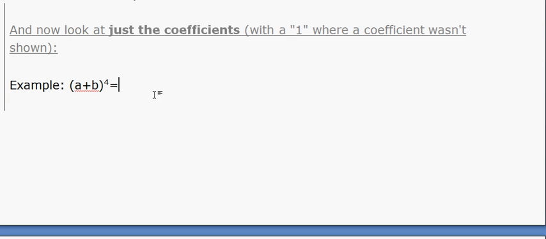Let me erase this. Okay, if (a plus b) power is 4, then how do we do this? Simply write a, its power, the highest power, is 4 here, so we simply write the power 4. Okay, now coming to the power of b. What will be the power of b? Simply write b. B would have the least power, the least power is 0. Now add some sign. Okay, now the a power this time will decrease. 4 will decrease by 1 and become 3, and b will increase from 0, it will become 1.